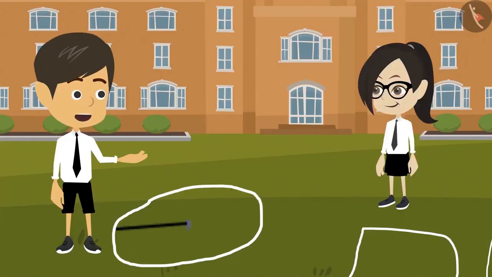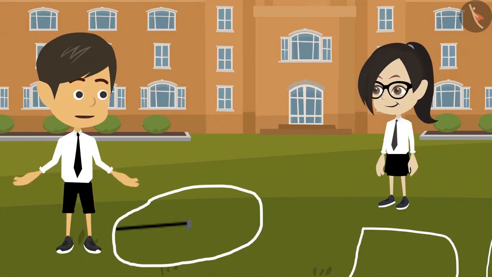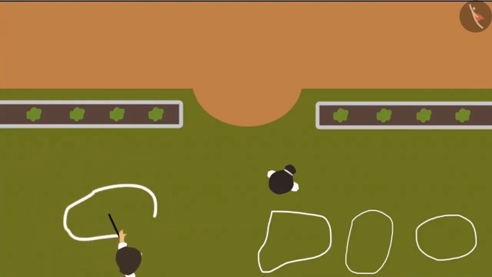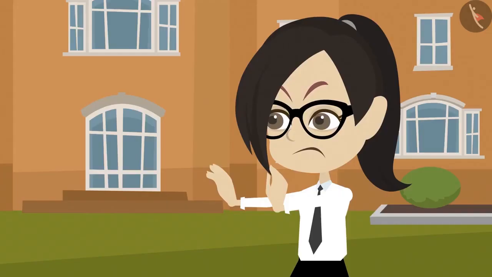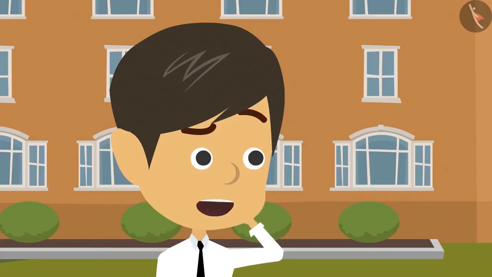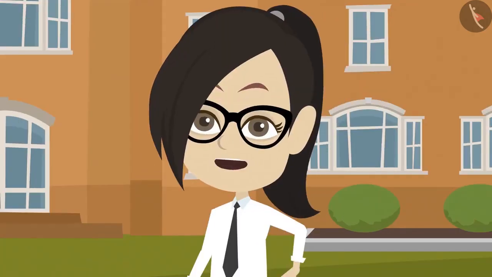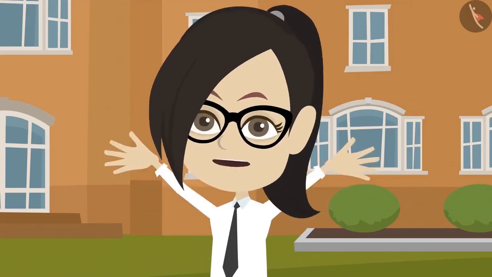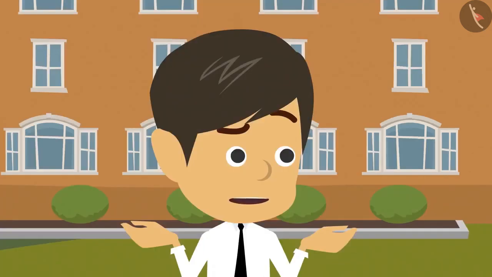Okay, I am making it the same way Sir taught us in class. See. Stop! What happened? While making a circle, the radius should remain the same. You cannot change the radius.